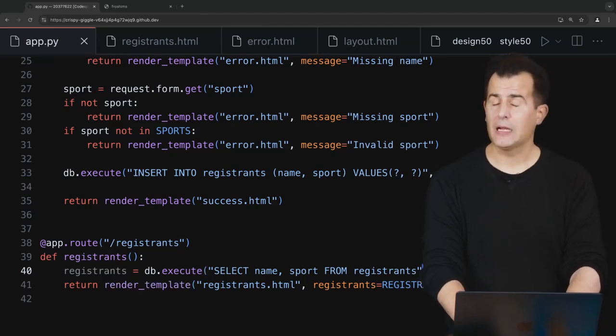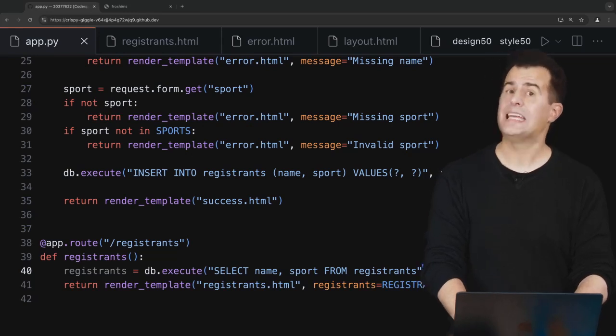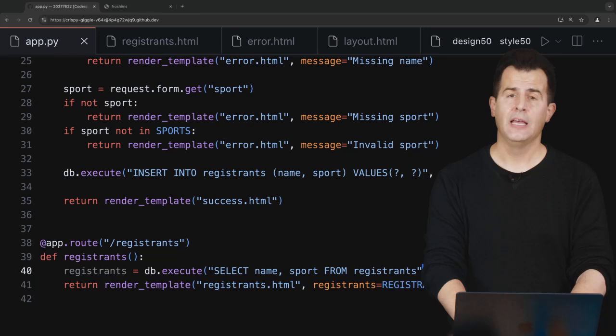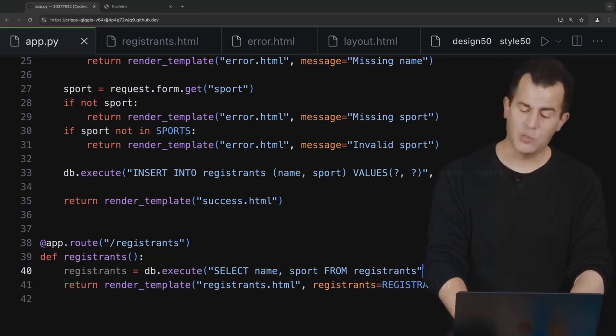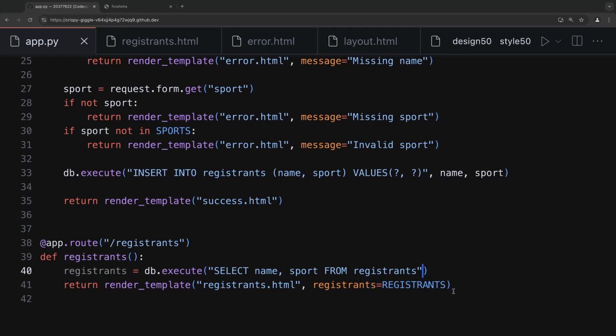That's going to hand me back a list of dictionaries, each of which itself represents a name value, and a sport value. So if I now change this value from registrants in all caps to registrants lowercase, this is the variable being passed in the template. This is the value thereof. And I think if I go now into